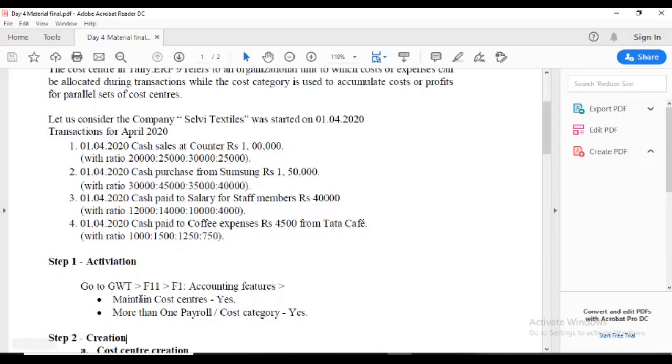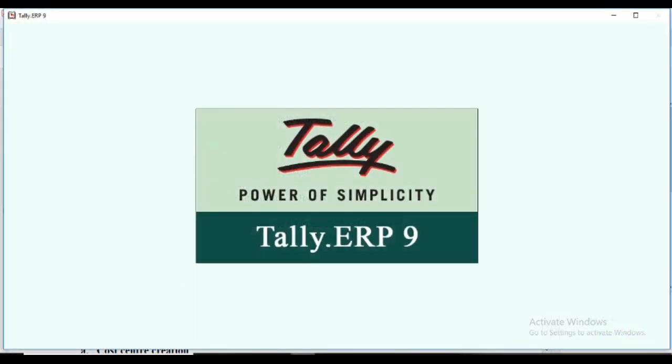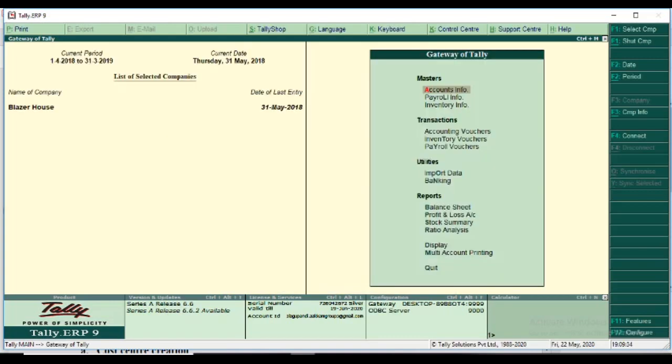Okay, let me go to the Tally entries. I select Tally from my taskbar. Please clear any existing company open, please clear by the set company.